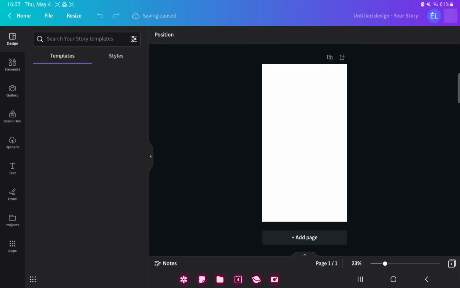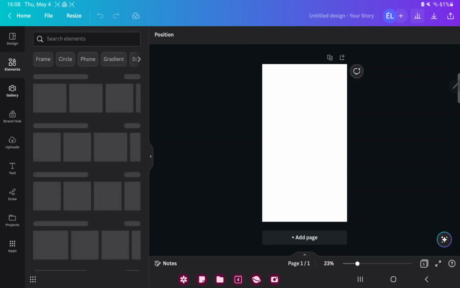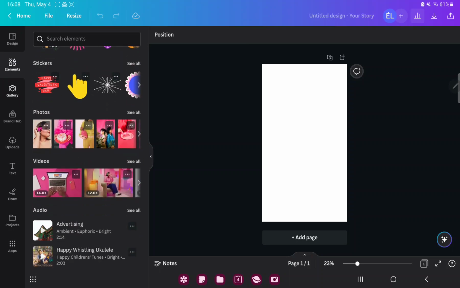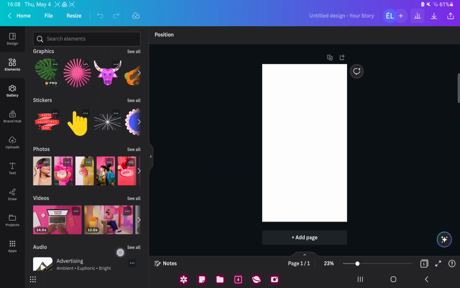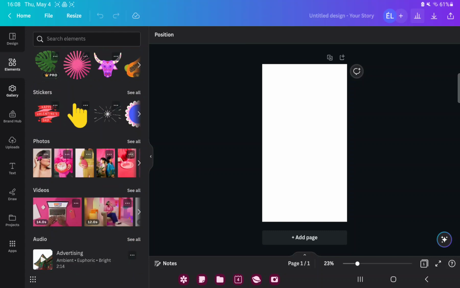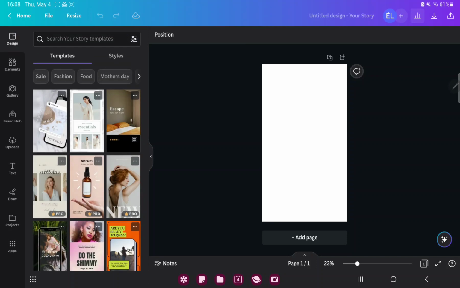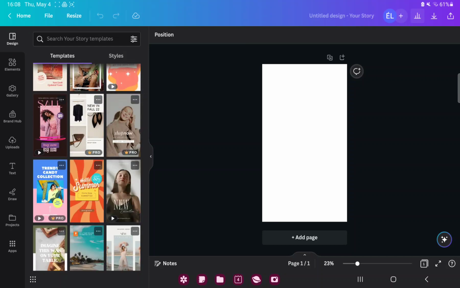And you can upload a photo or pick a photo from your gallery, and you can select different graphic designs and elements in the elements section, for example stickers, graphics, photos, videos, and more available elements. And in the design section you can find the templates and styles, and just select one,